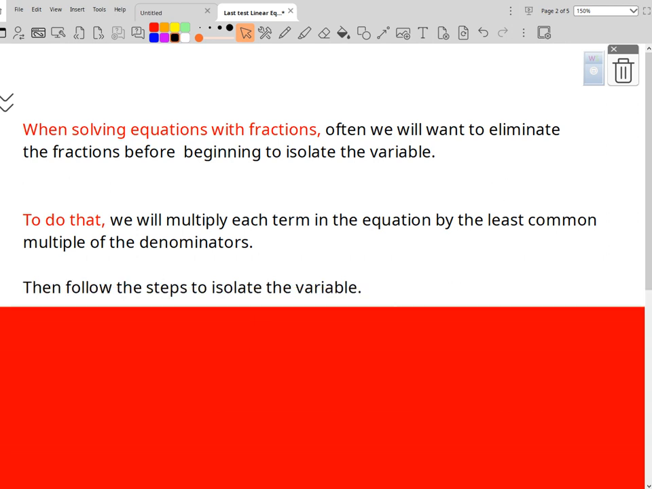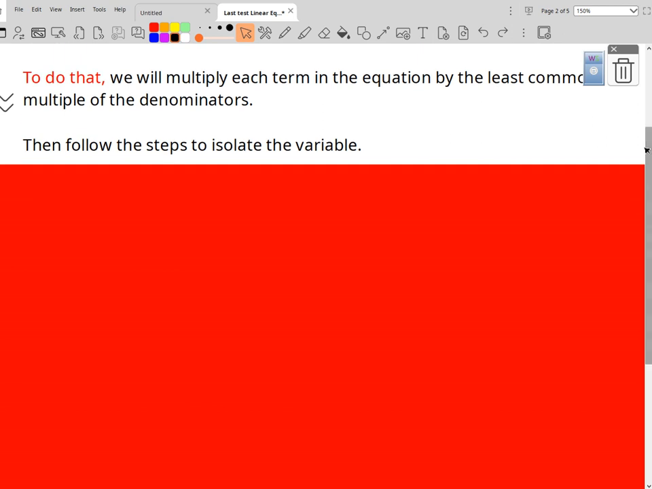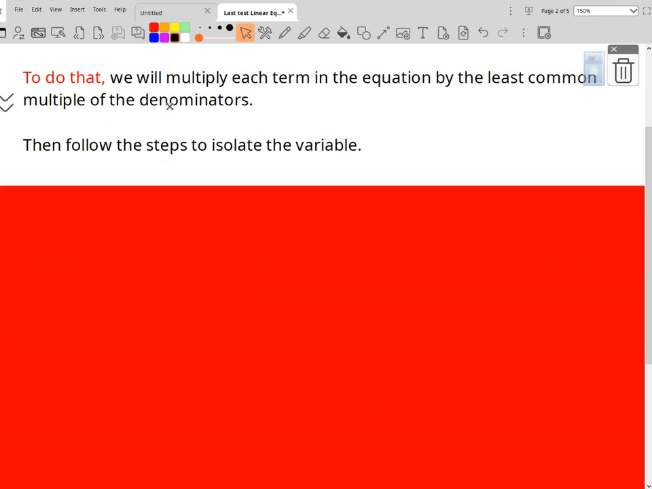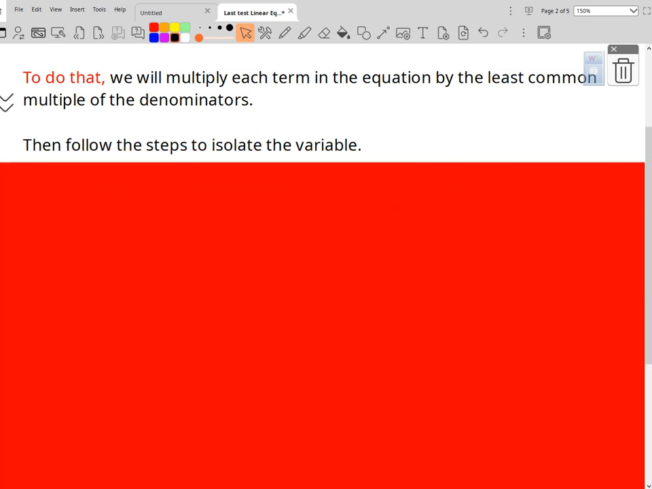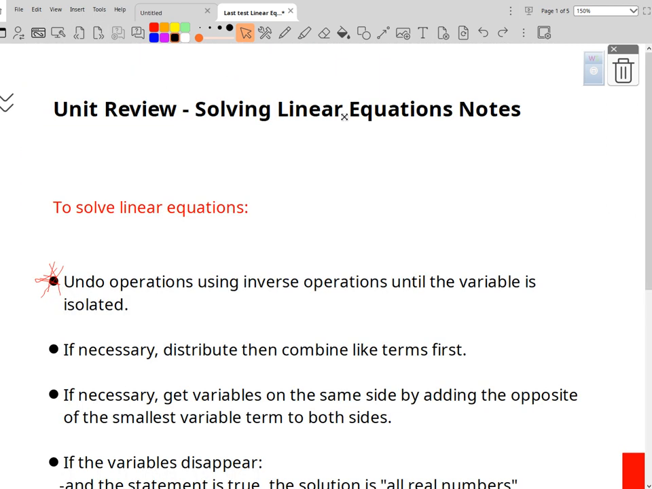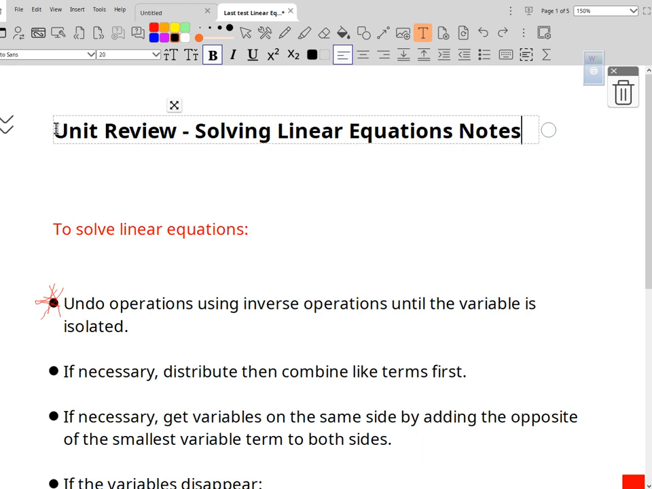So, after we do that, these are the steps to follow to isolate the variable. So, all these if necessary things, but once we get through there, we follow the steps: undoing addition by subtraction, undoing subtraction by addition, undoing multiplying by dividing, undoing dividing by multiplying. That's what we're talking about when we talk about inverse operations. So actually that is really all the notes we are going to take. I'm going to let you scan and submit these notes,